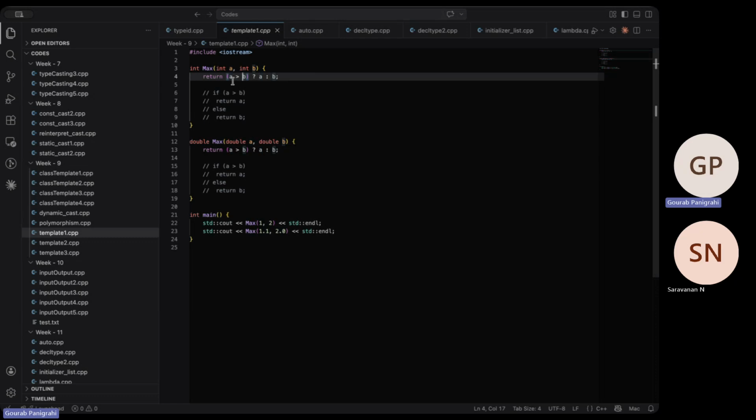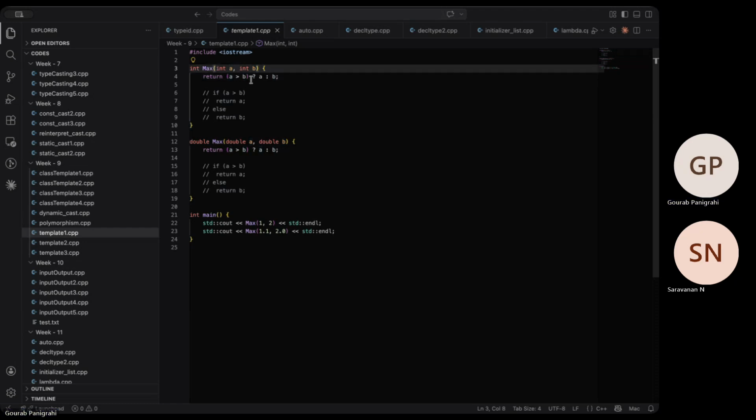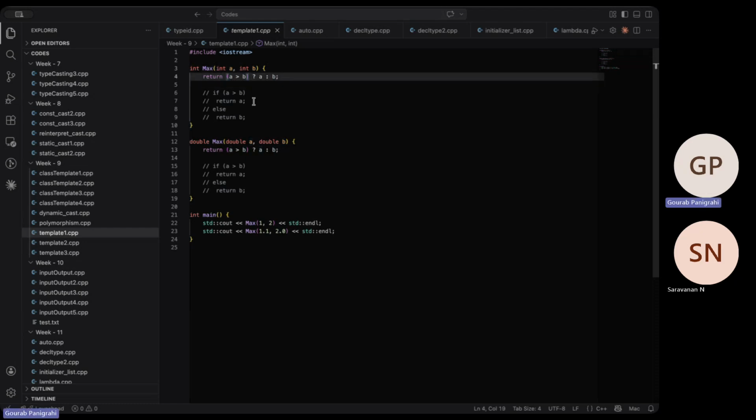Let's say you can compare these two numbers. This statement in particular says if A is greater than B, then this part becomes true. And if it's true, you get A as a return, which means if A is greater than B, you return A, which should happen if you have a max function. But if A is not greater than B, so it could be equal or less, then you should return